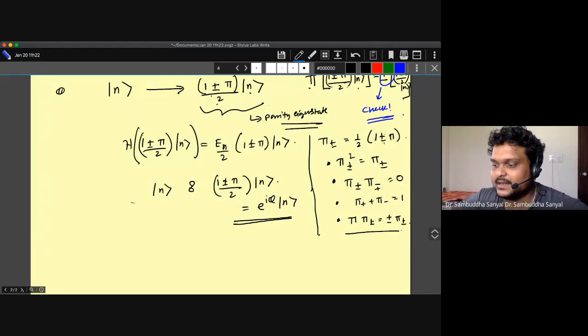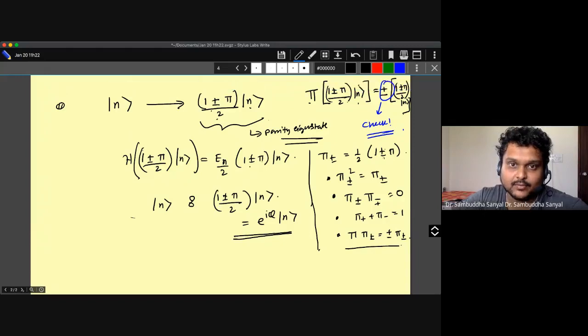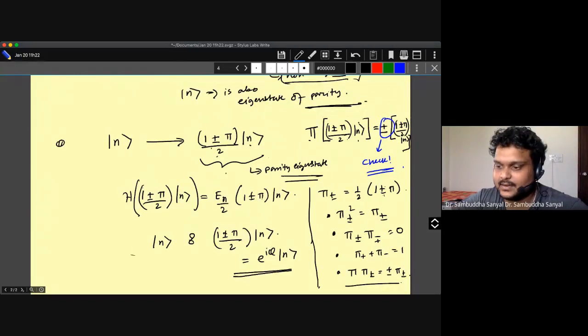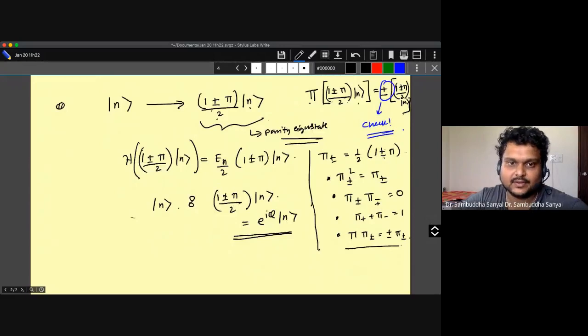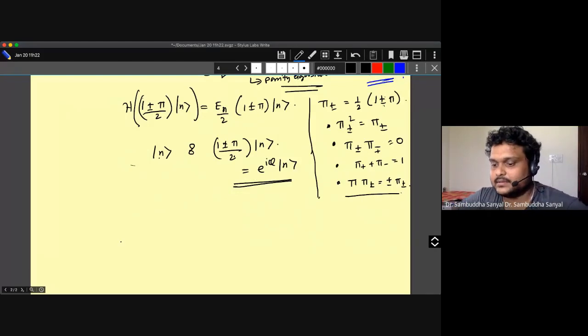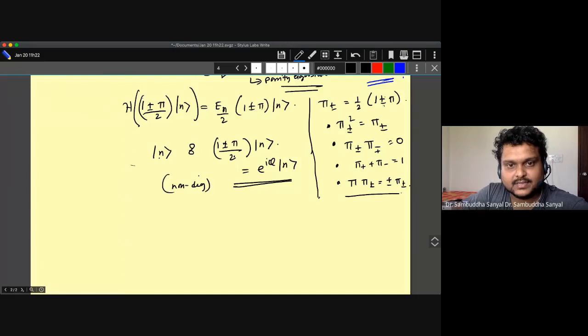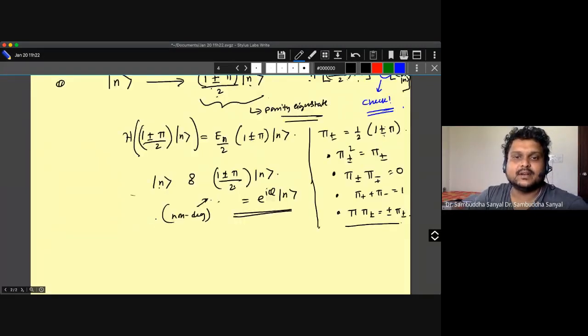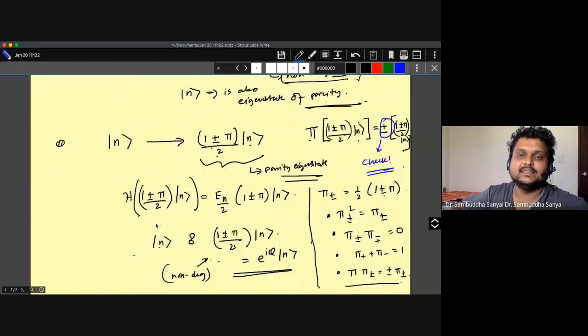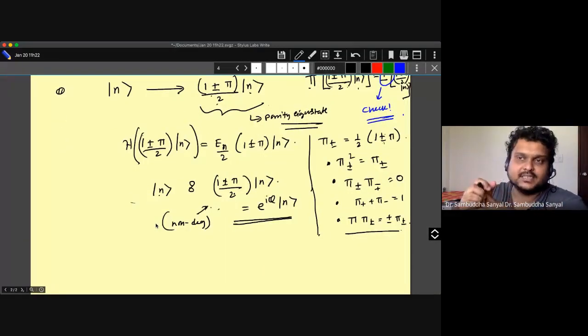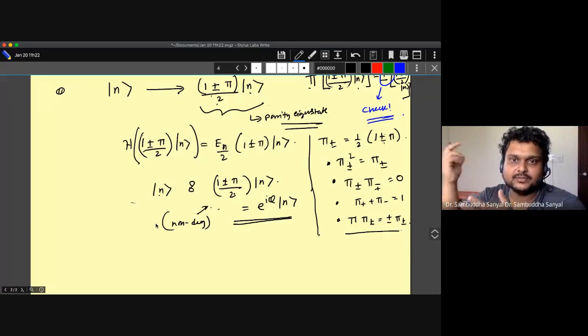And that is basically how we prove the theorem. We use critically this condition that it must be non-degenerate, because only if it is non-degenerate you can confidently say that this state and this state are the same. If they're not, then there is a linear combination of them that will be the same, and then the whole thing muddles up. So only if it is non-degenerate, that's where we are using this condition. And we know this theorem to be true because we have seen this in the examples of the harmonic oscillator and the simple square well problem.